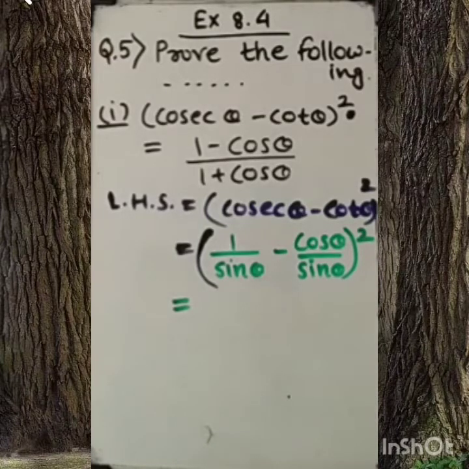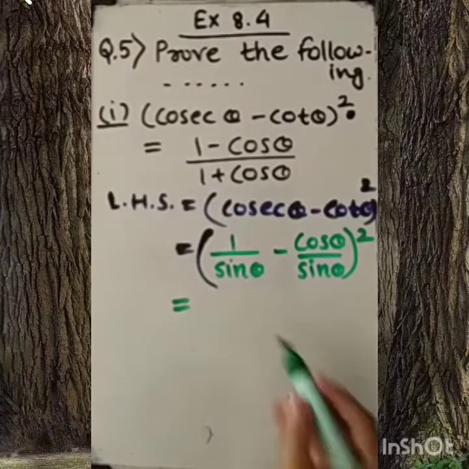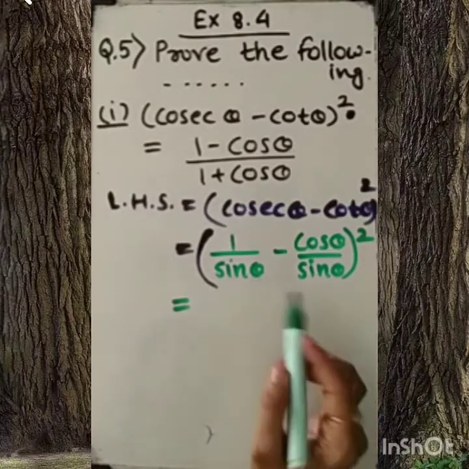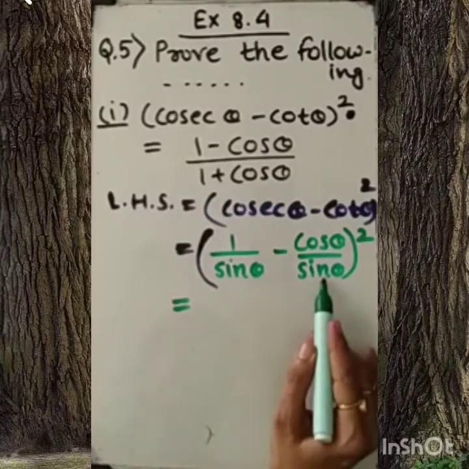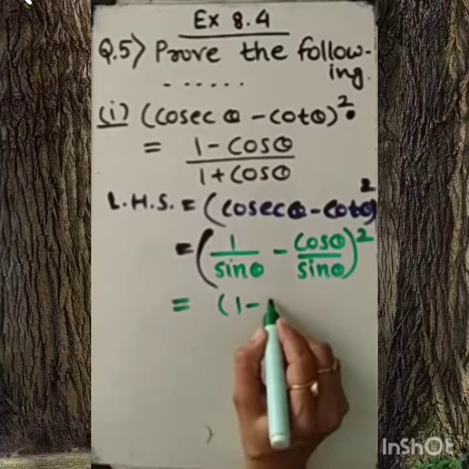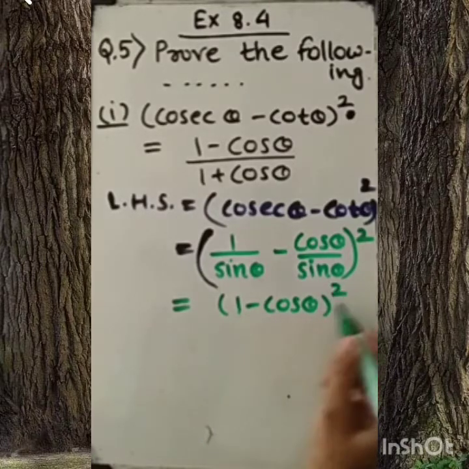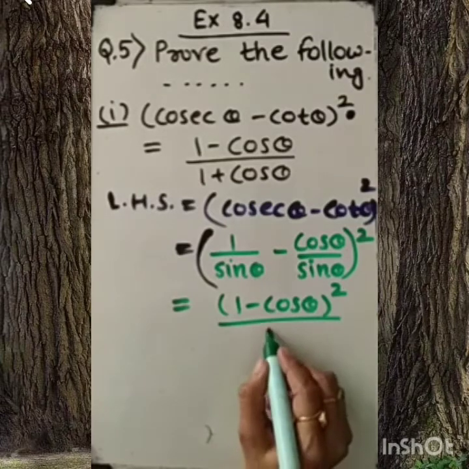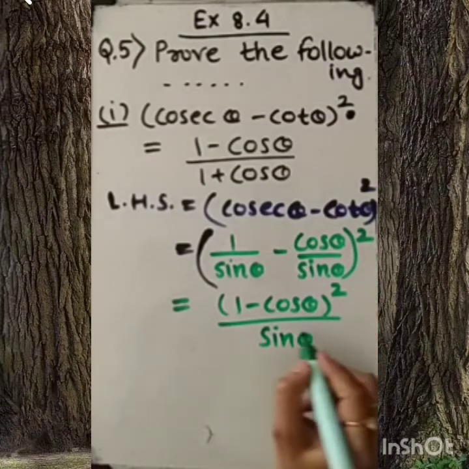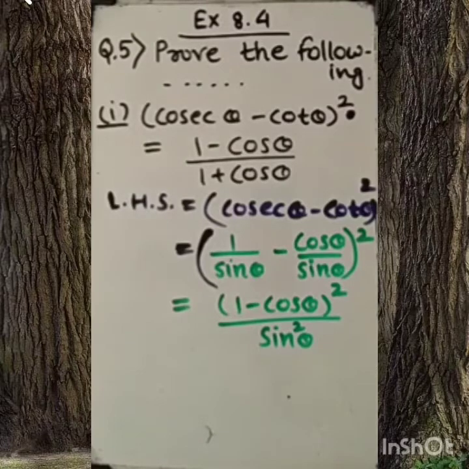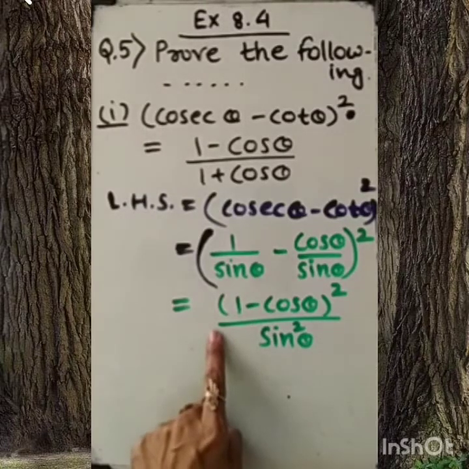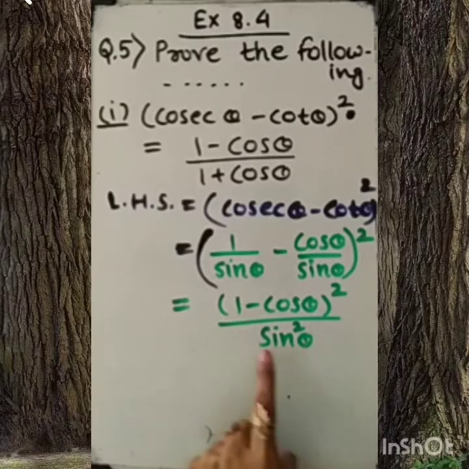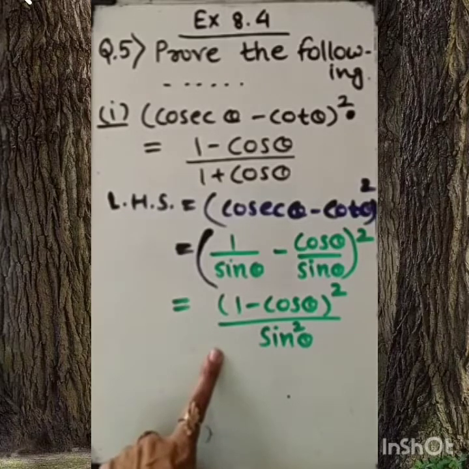Got it? Now, dear student, next step. Here you can see sine both ways. They are like fractions, just like numerical fractional numbers. Here the sine is similar. So can I write in numerator (1 minus cos theta) whole square of this, and of course one time this sin theta, and because of this whole square it is sin square theta. You can write one more step by showing (1 minus cos theta upon sin theta) whole square, and then immediately after that you are free to write this step. Okay, now how can we get this answer?